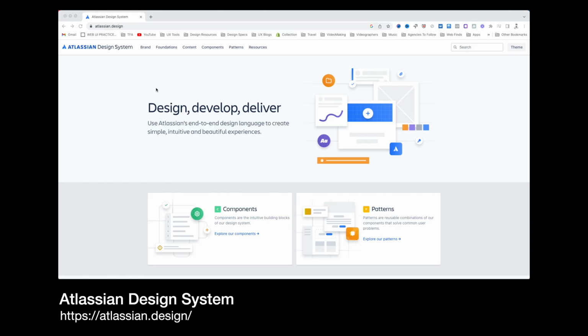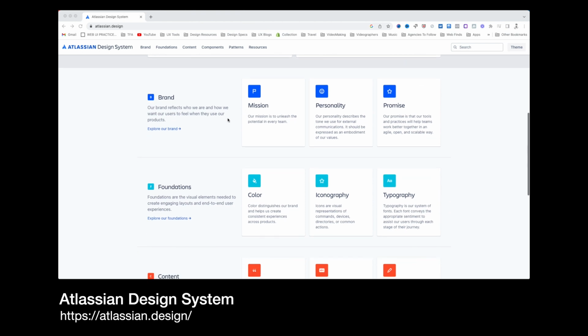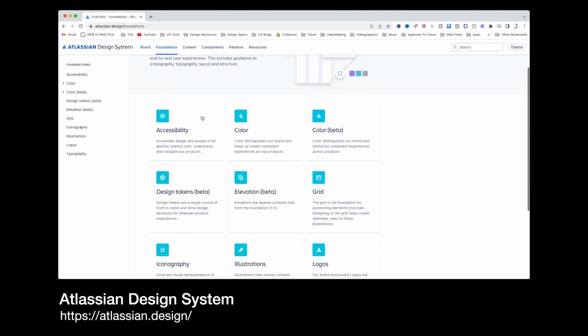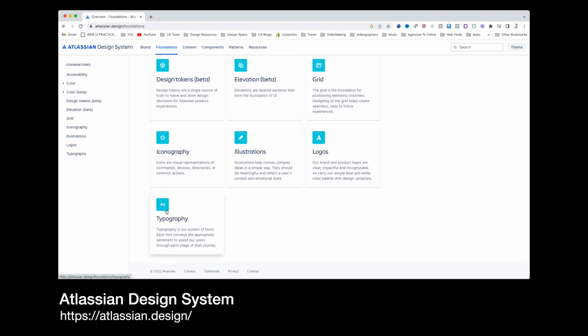Next up is one of my favorites, Atlassian's. Their design system is packed full of information and full of experiences that they use in their product. Their philosophy is usually build trust into every interaction, and it shows in how they've created this design guide. Now, those are a few examples that you can take away and review at your leisure so that you can get a better understanding of what it comprises.